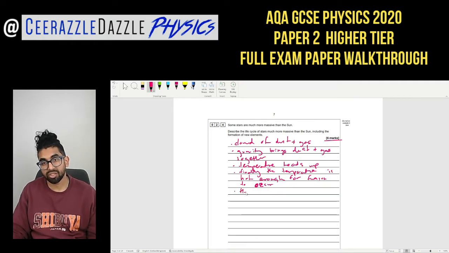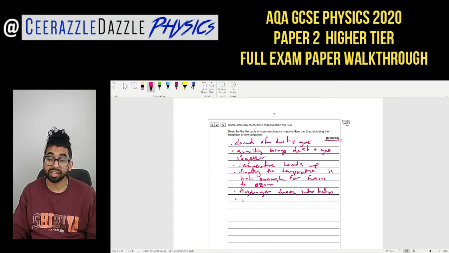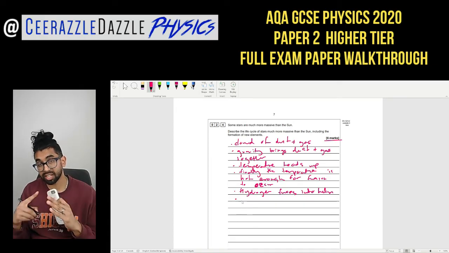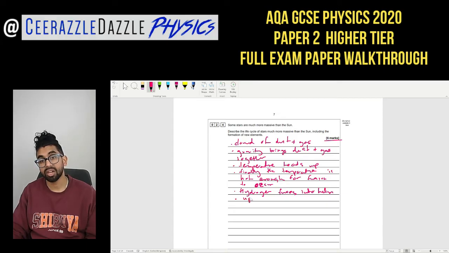So hydrogen fuses into helium, and then the fusion occurs up to iron. Yeah, so this keeps fusing from hydrogen to helium all the way up to iron. So this goes up to the element iron,